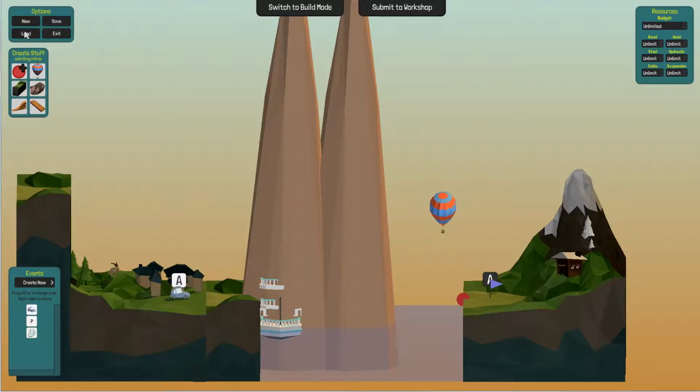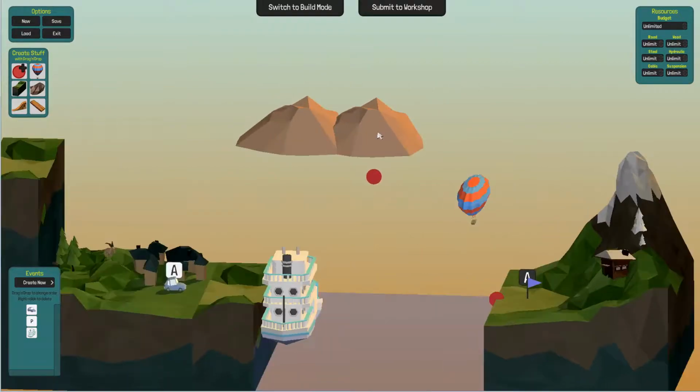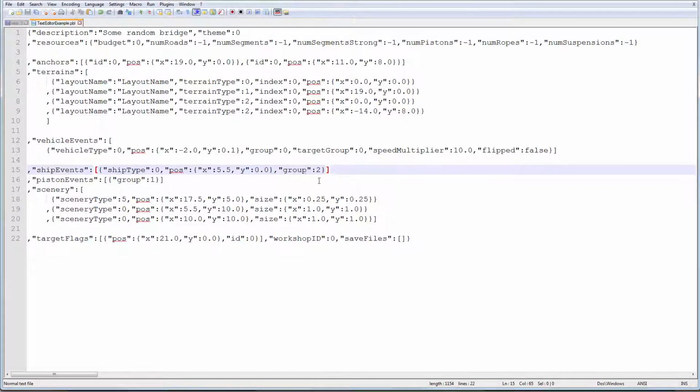And then I'm going to load this up. There we go. Now these guys are floating. Next thing I'm going to do, oh, don't need to do that. And then go back to my text editor. And now what I'm going to do is take one of these rocks and